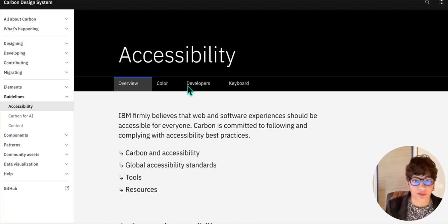Very interesting. Okay, I was a little curious to see what accessibility features they have within the Carbon design system from IBM. And they do have guidelines. They have an entire accessibility section that will explain it all for us. Just so we know what these other tabs are telling us is that designers, developers,